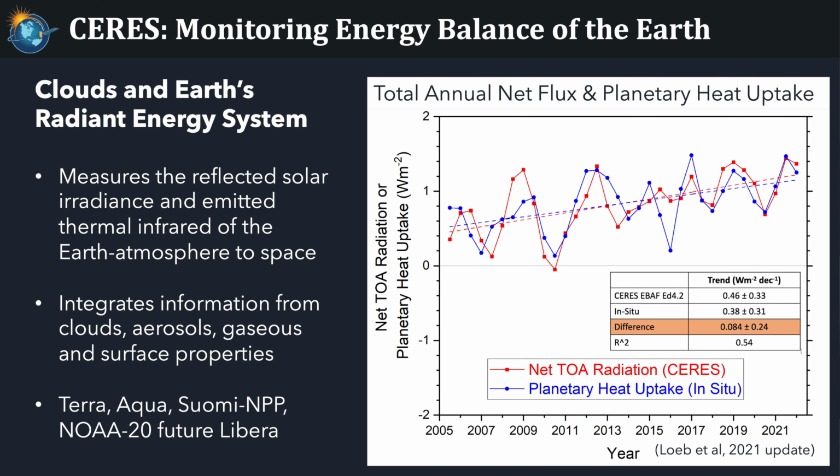So I wanted to highlight one of the missions that I work on. This is called CERES. You might not have heard of it because it's not high resolution, but this is a mission that's essentially monitoring the integrated heat of the planet. In other words, we measure the reflected energy from the sun out of the Earth atmosphere system, and also the thermal infrared emitted energy. So the balance of those two essentially determines the energy balance of the planet. If you have more in than out, then you have heating. If you have more out than in, you have cooling.